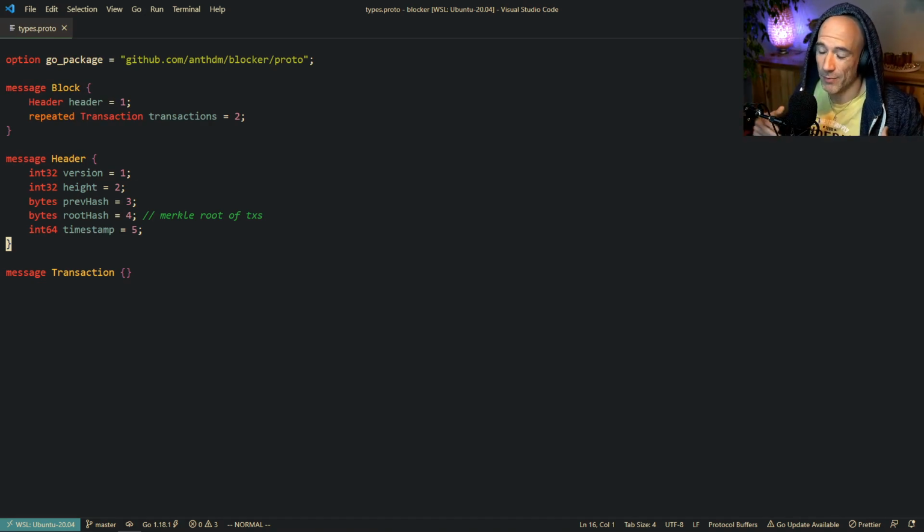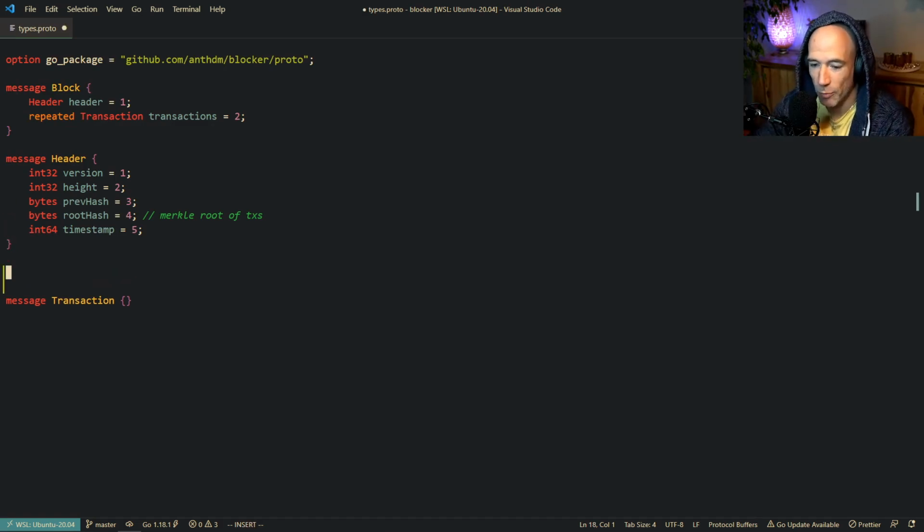In my opinion, it's a very hard concept to understand completely. So I'm going to try to explain it slowly, gradually, and we're going to make it more complex as we go along. So basically a transaction is going to consist of inputs and outputs, right? So first I'm going to try to make these types, these messages, in protobuf, and then I'm going to explain along the way. So we're going to say message, and we're going to call this a TX input, like this,